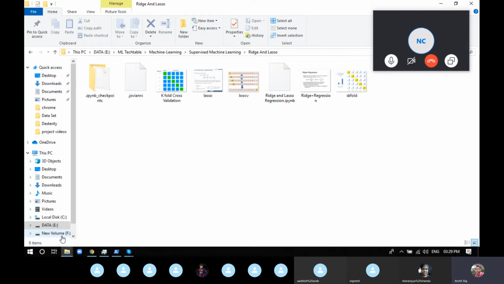So to avoid the train test split randomness, we came across a technique which will make sure that the accuracy you are getting is the average accuracy. It's not depending upon the randomness. It's the average answer that you will get each and every time, and that's what we call cross validation.